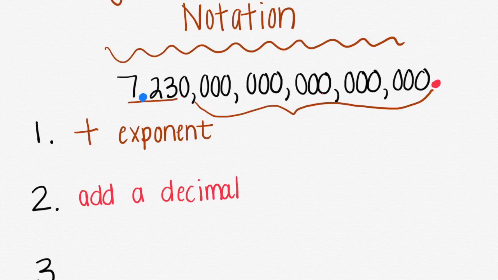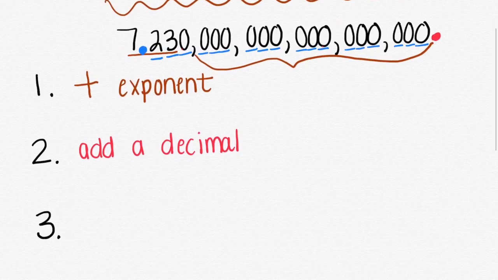So we are going to take the decimal point and move it 1, 2, 3, 4, 5, 6, 7, 8, 9, 10, 11, 12, 13, 14, 15, 16, 17, 18 times. So that means we are moving it 18 times to the left,